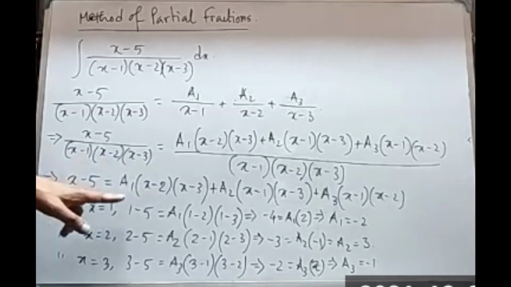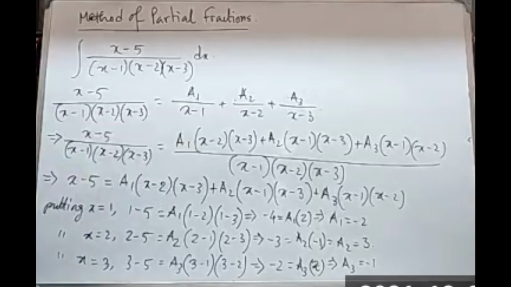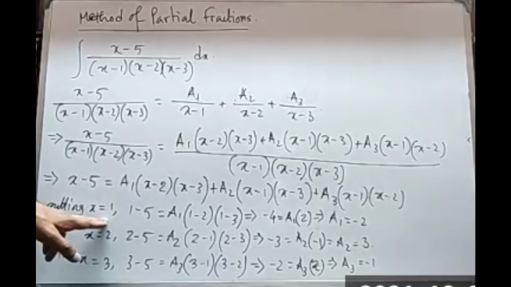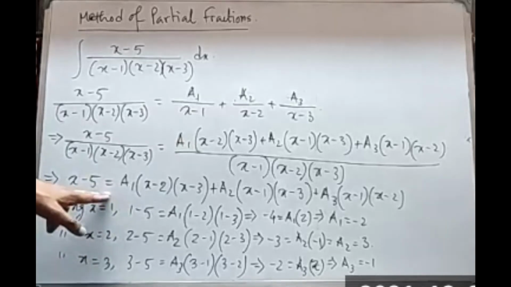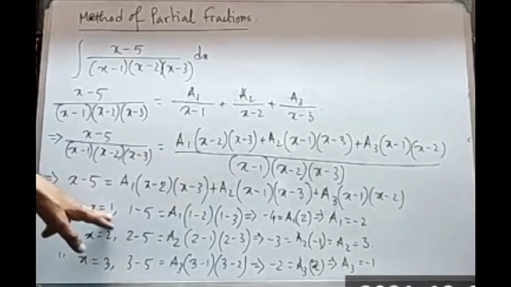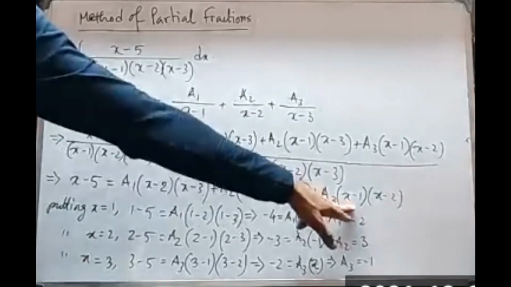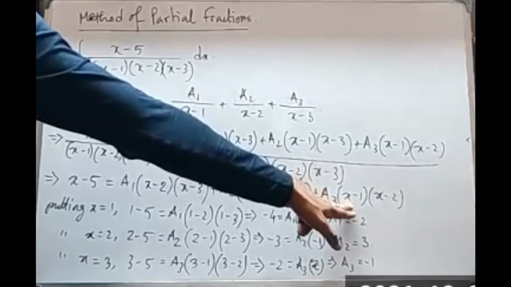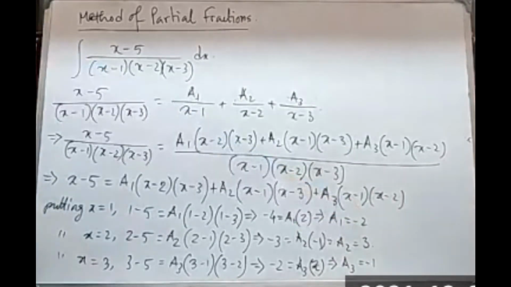x minus 5 equals a1 into this, a2 into this, a3 into this. So the factors are x minus 1, x minus 2 and x minus 3. That's why we need to put the values of x as x equals 1, x equals 2 and x equals 3. So now we are putting them here. Putting x equals 1 in this line, we have 1 minus 5 on the left. Since x equals 1, the second and the third terms carry the factor x minus 1, so they will be 0. In the same way,